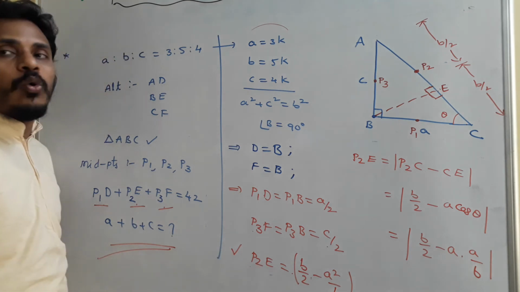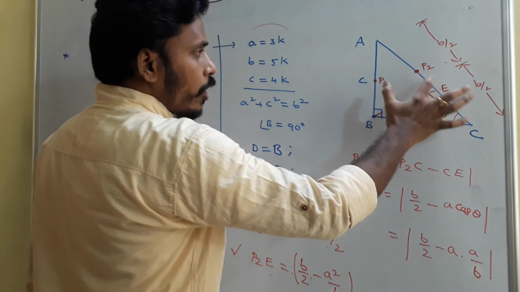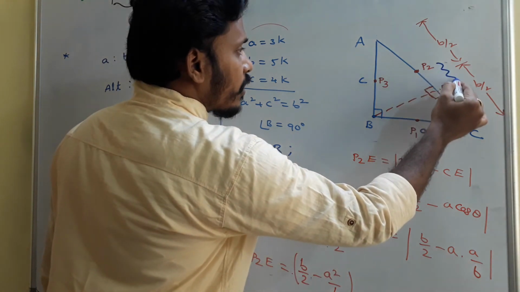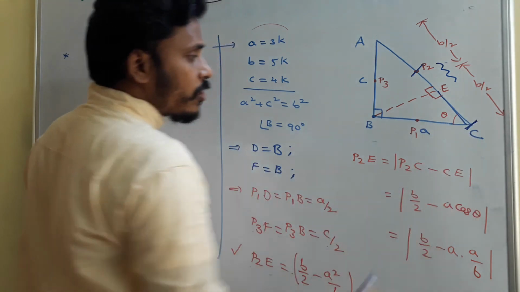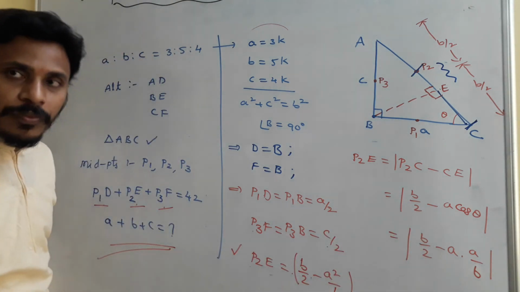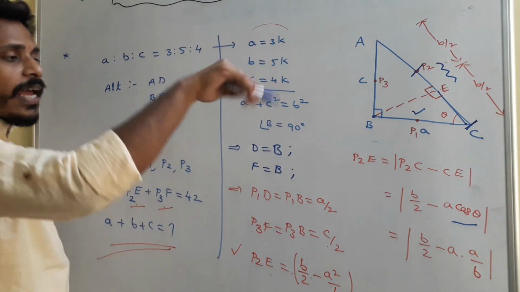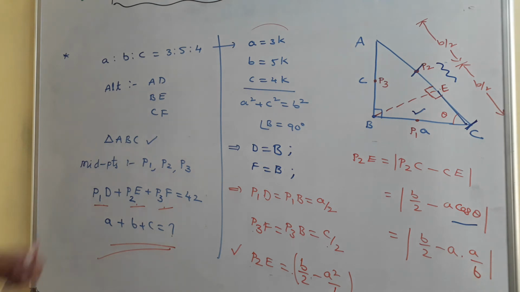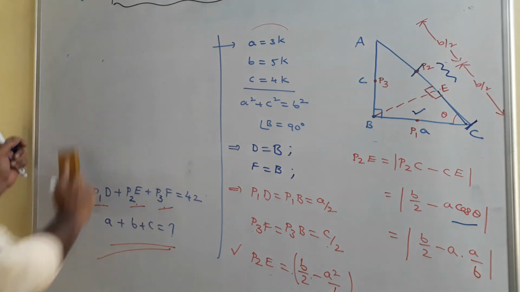Whereas to calculate P2E, this BE is the altitude, okay, P2 is the midpoint. So this P2E I need. What I need is this particular gap. This gap is nothing but P2C minus EC. That's what I mentioned. And that P2C is again half of the total side, B by 2. CE from this triangle is A cos theta. And from the total triangle that cos theta is A by B, so which is B by 2 minus A square by B. At the end, if you combine, for the space concern I am erasing,